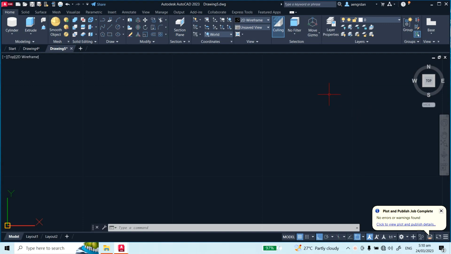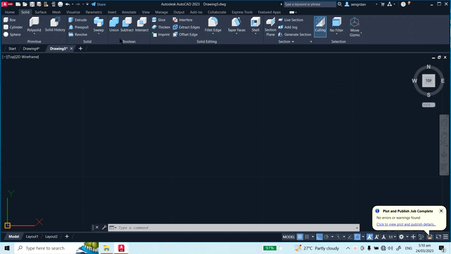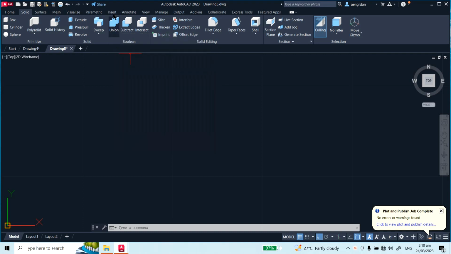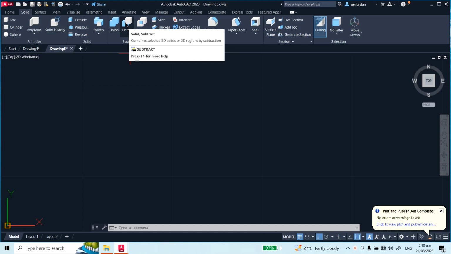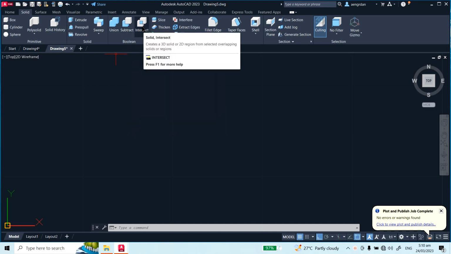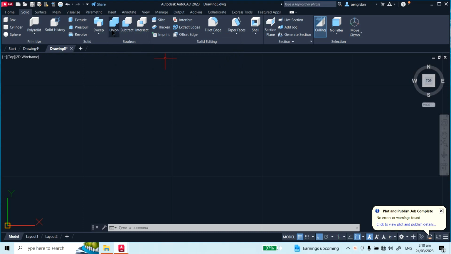Let's now explore another set of commands from the solid tabs. In this Boolean section, we have union, subtract, and intersect. Basically, what they do is that if we have two solids together and we want to add them up together as one, then we can do that. And we can also have another effect if we want to subtract one object from the other. And also, what if we only want the intersected geometry? So now let's explain this